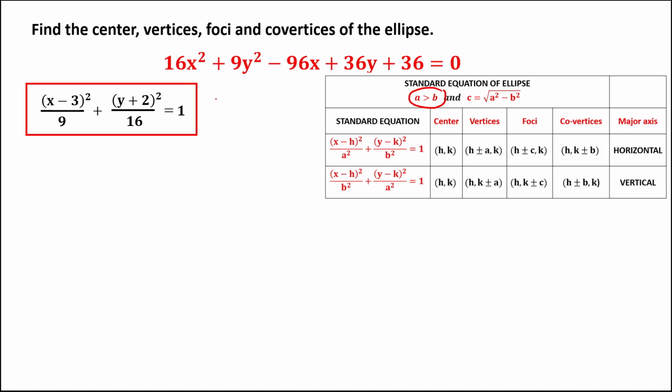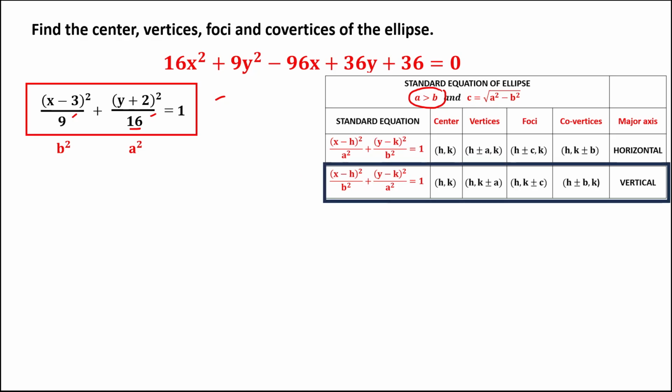So from this standard equation, since 16 is bigger than 9, 16 is our A squared and 9 is B squared. So observe from this standard equation, we have x squared over b squared and y squared over a squared. Therefore, this ellipse is a vertical ellipse,